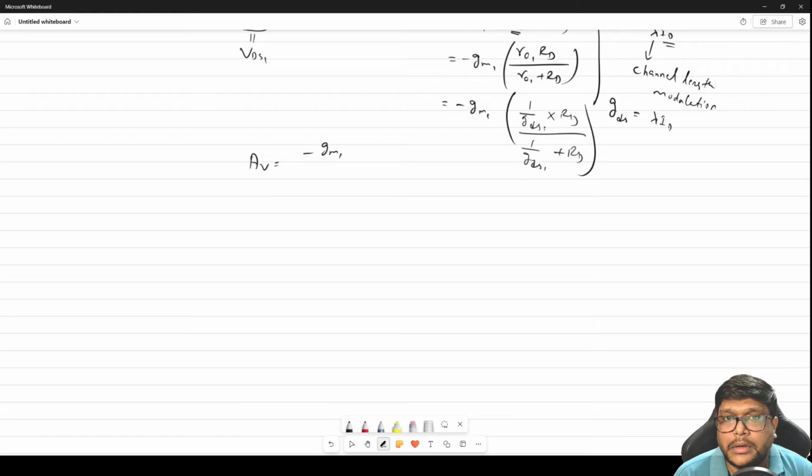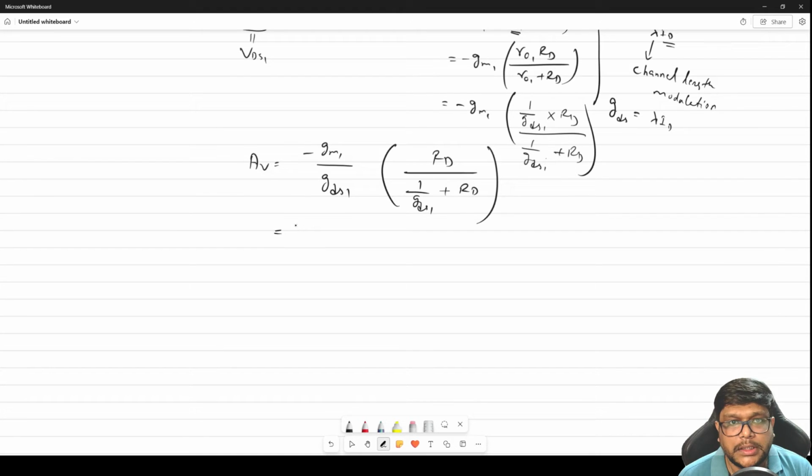If I take common this part, this is GM1 divided by GDS1, RD divided by 1 by GDS1 plus RT. So here you can see, if I do the solution again, this will be GDS1 RD divided by 1 plus RD into GDS1. Okay, so this GDS1 will be cancelled,